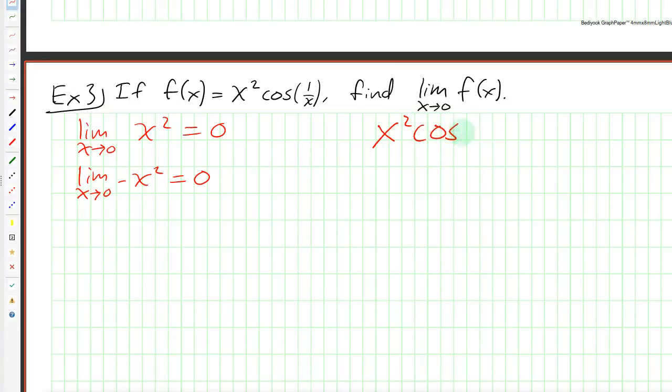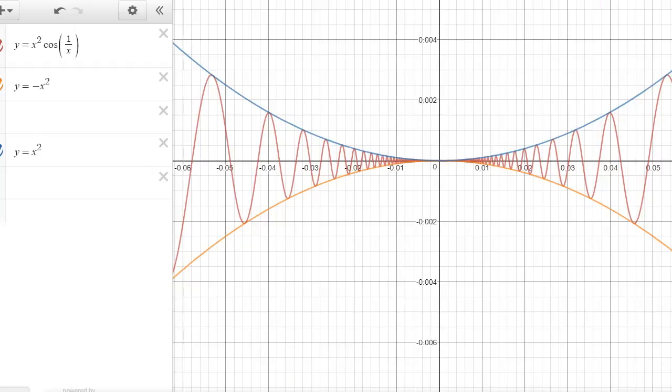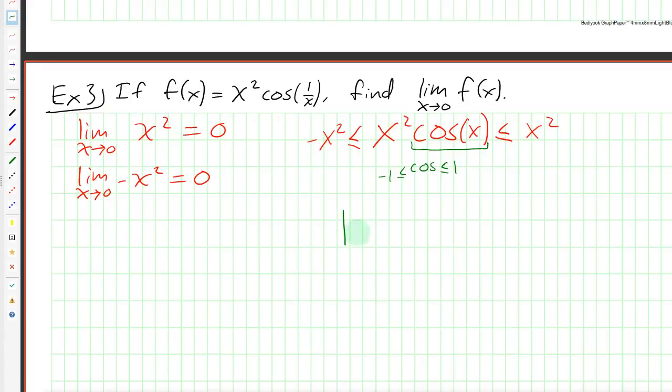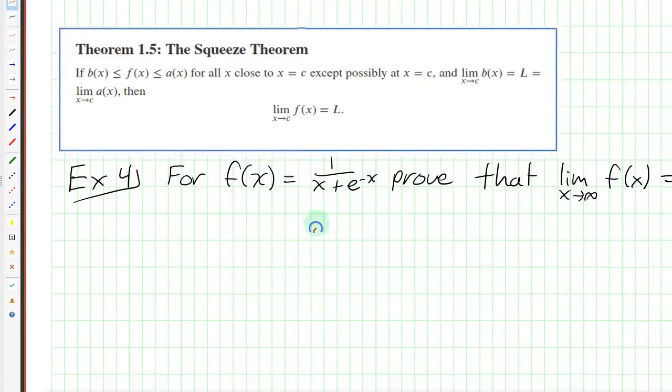And what we also know is that x squared times cosine of 1 over x is always in between x squared and negative x squared, because cosine itself is always in between negative 1 and 1. And when you multiply x squared times something between negative 1 and 1, you get something between negative x squared and x squared. And so because both of these limits are going to 0 and our function is between, you can see that makes the graph squeeze the limit in. So we can tell from the graph and this reasoning here that the limit